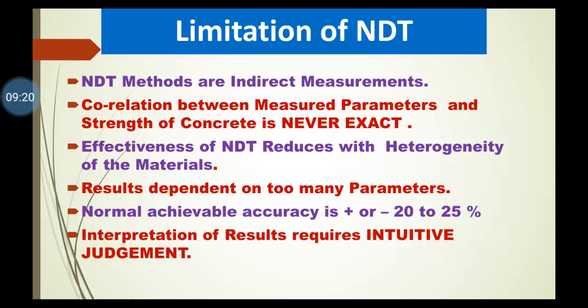If there are changes in shape and size, or the moisture condition, or the type of cement or aggregate used, these are some parameters which affect the result. So these are the limitations of the NDT, but as compared to other methods, it is cheaper and gives a fast result, and that's why it can be useful on general sites, where it gives the exact result.